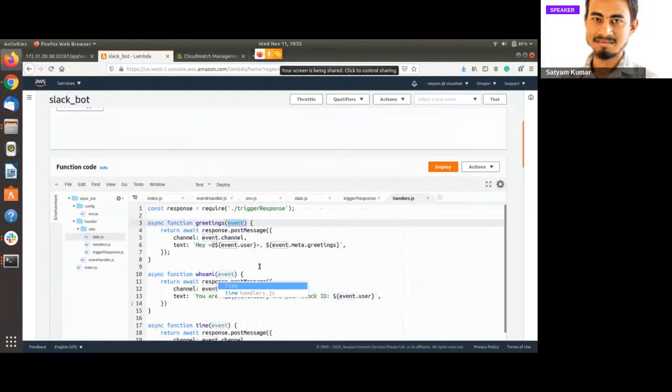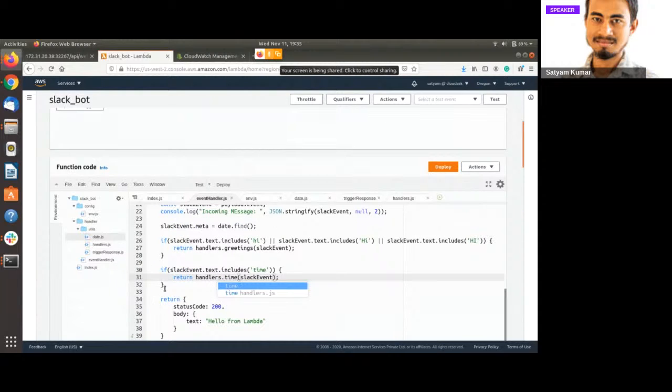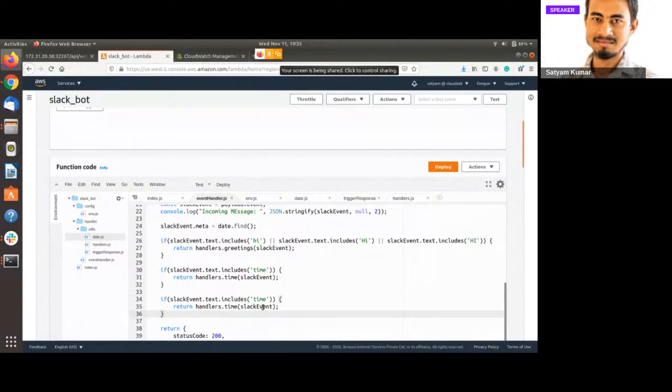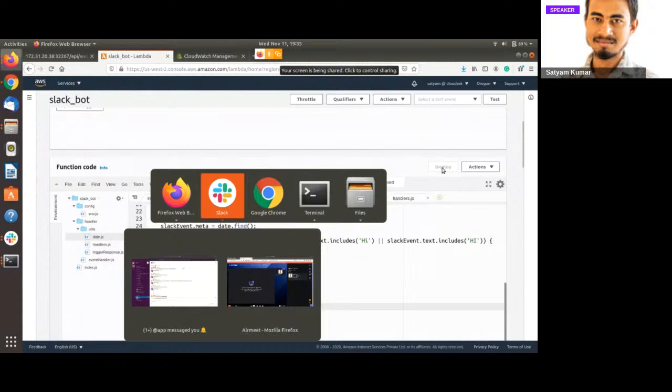In the handler file we have created a time function itself which will return the time, and we have another function which returns the details of the user who is pinging the bot. So if we add who am I, then it will return whatever details of the user it has, who has pinged it. Who am I? Yeah, that's it.